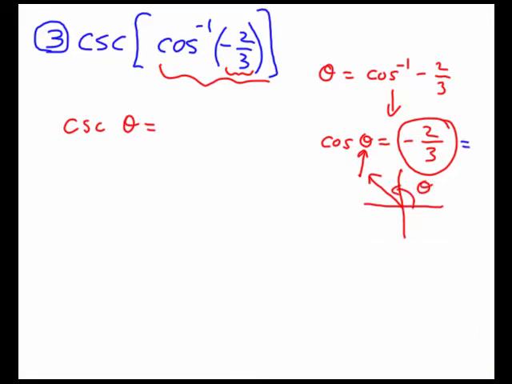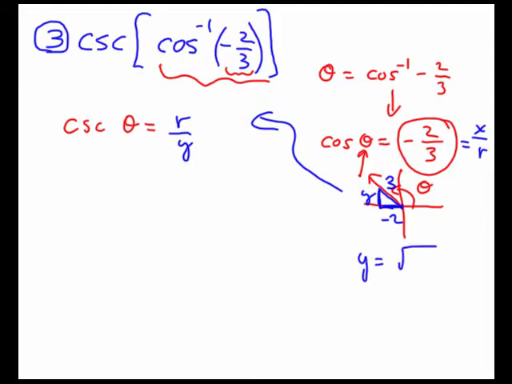And the cosine ratio is the x divided by the radius. And so if I put my radius of 3 here, my x value of negative 2, this value here, which is y, I'm going to need to know that because the cosecant ratio is the radius divided by y. And if I use Pythagoras,